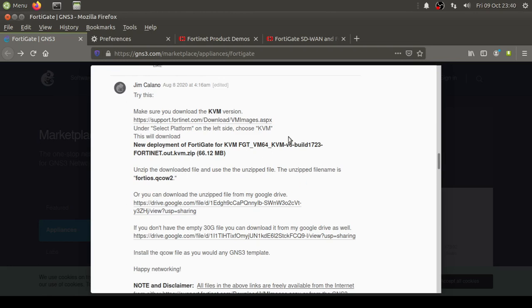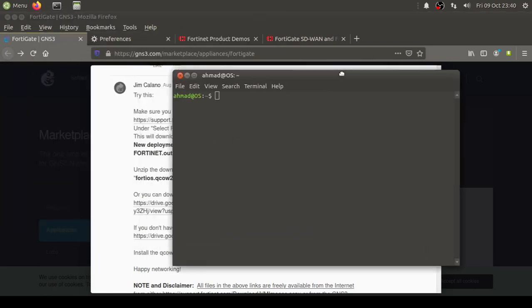So once the image is downloaded, the second thing, of course, like I mentioned, is the GNS3. The third, of course, you can use some other device as well that can induce or can mimic the lag or the latency problem that I would like to show you in this video, but my preference is Linux. So to do that, let me just show you what I mean by that.